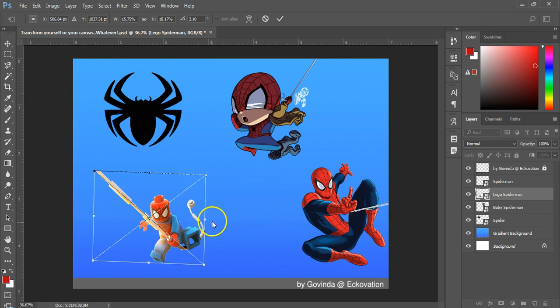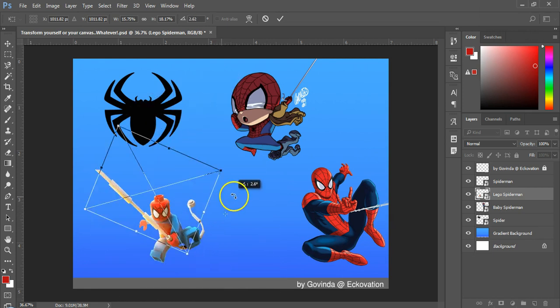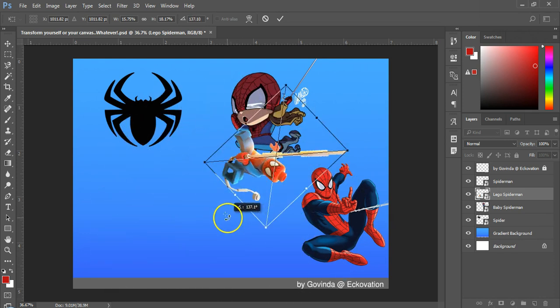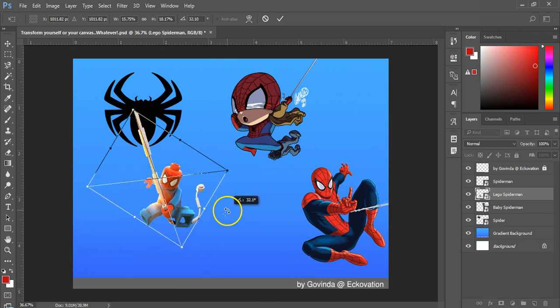Now let's try to rotate with the Alt key. Actually, we cannot rotate with the Alt key. The Alt key here changes your axis of rotation. Hold the Alt key and click where you want to put your new axis. You will see a crosshair appear at the point of click. Now release the Alt key and try to rotate the image as usual. See, that's what I was talking about. The Shift key will still do its work of 15 degree increments in rotation.